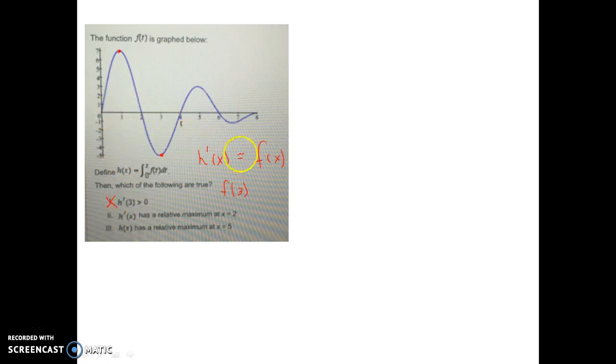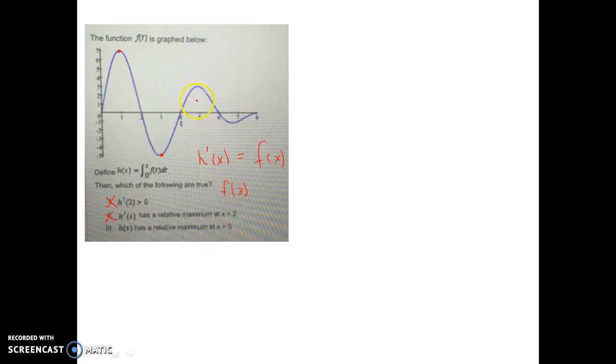But since it's h prime, we're talking about the original function now. We're talking about f of x. And it doesn't have a relative maximum at 2. It has a 0 at 2. So this one's out. H of x, now that's the integral function, so we're counting area, has a relative maximum